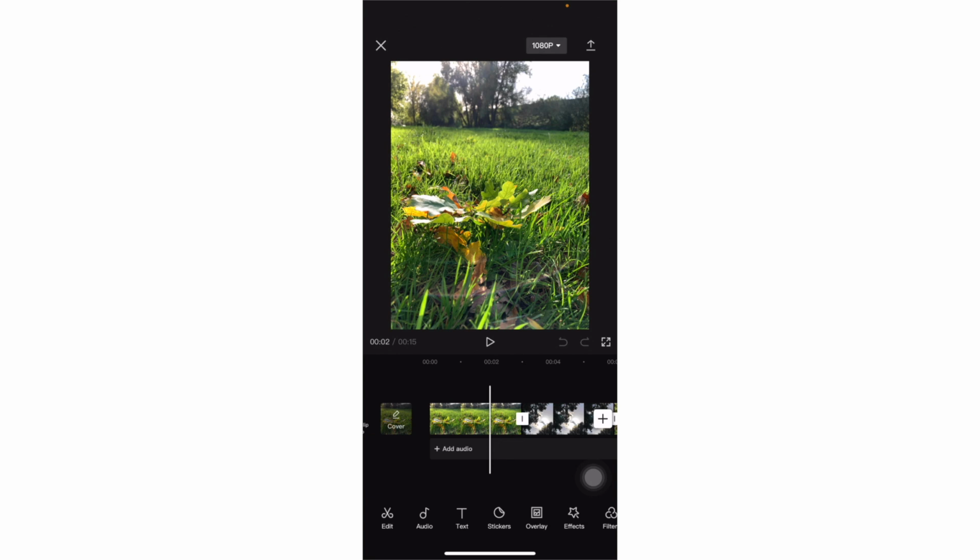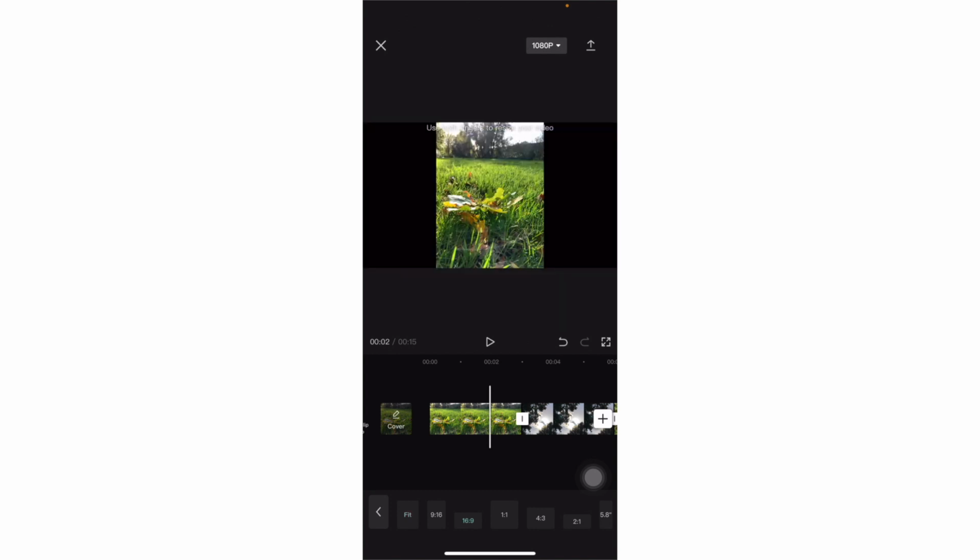And in the bottom row I can scroll and I can change the format of this video with the little button Format. And then you see all the different formats you can choose for this video. And I am choosing right now the 16:9. And then you see the format changing and also the black blocks to the left and the right. But I can easily zoom in on these pictures to make them fill the screen.